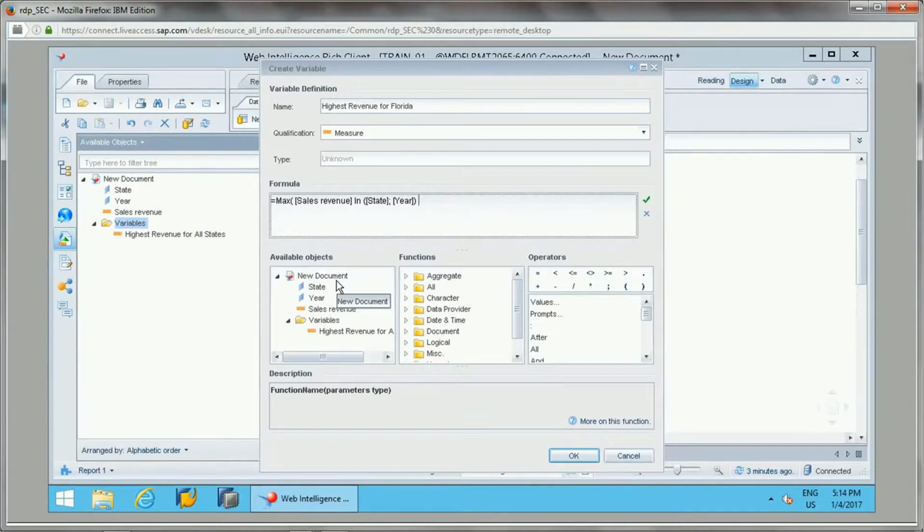This will give the year-wise highest revenue for a state, but we need it for the particular state of Florida. So we specify a Where condition, where state object is equal to Florida.